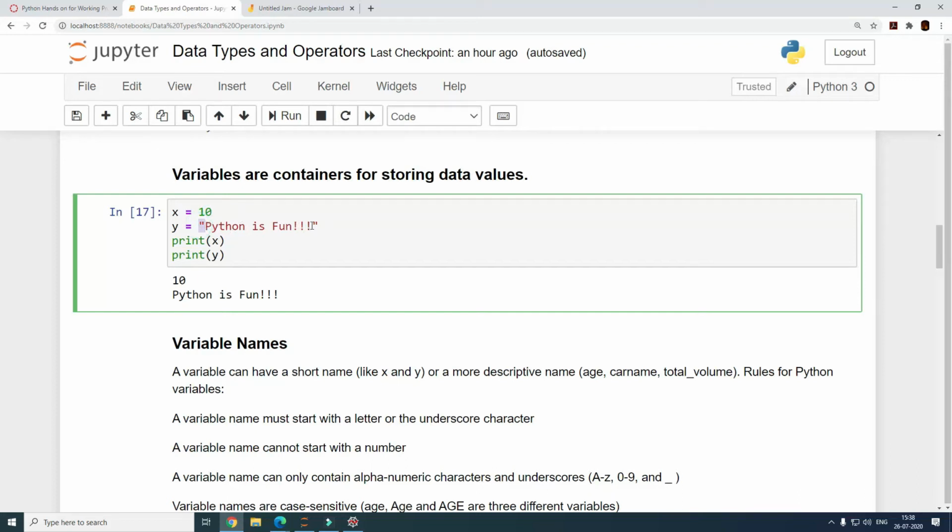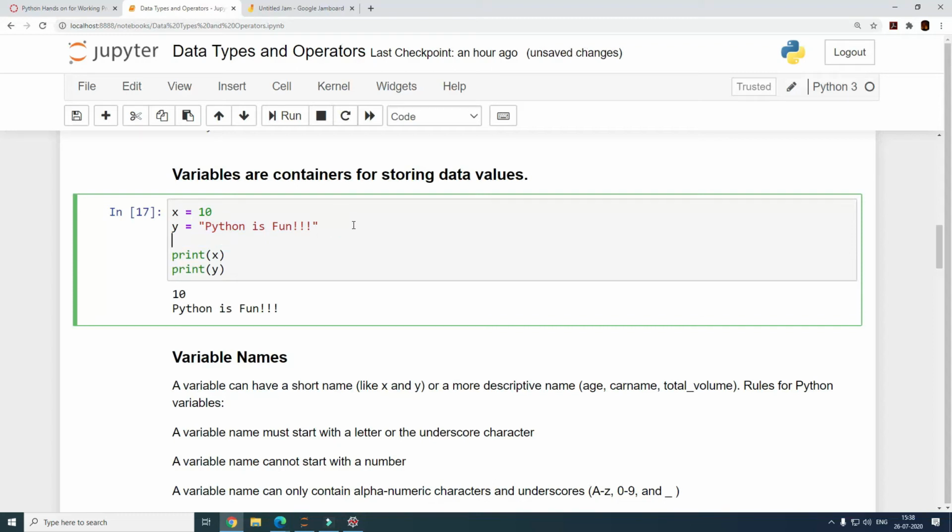When you look at "Python is fun", it is enclosed within two double quotes, right? Why is that? This is the way we write any text inside Python. Text inside Python needs to be enclosed within either single quotes or double quotes. The choice is yours. You can do either. I'll give you another example of how we can write the same syntax